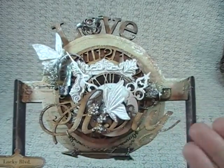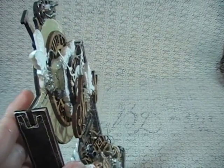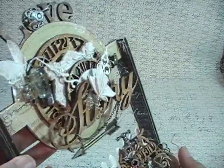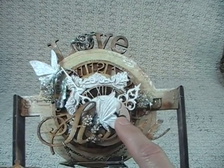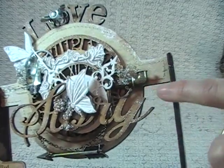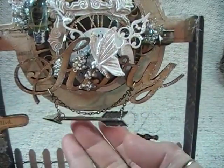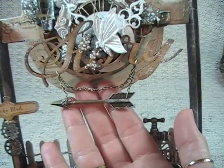I wanted this word story to really, let me turn it to the side so you can see. I wanted it to really come dimensional off the project there. So I layered a gear underneath it. And then on top of that, another Prima resin butterfly. Over here to the side, I've got another Tim Holtz gear, and then I've got a Prima metal pipe part there. And then hanging from the word is just some chain from my stash, a little spare parts arrow, and